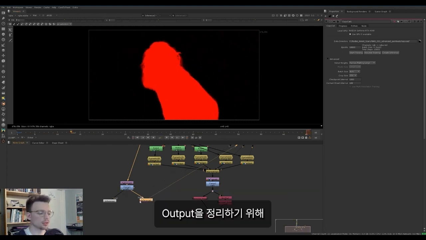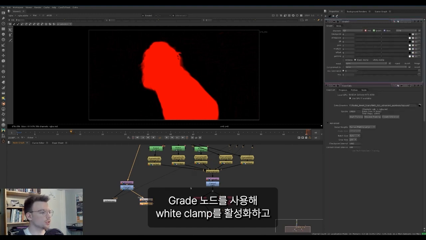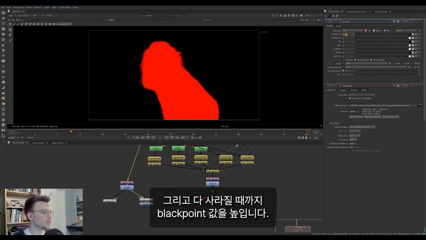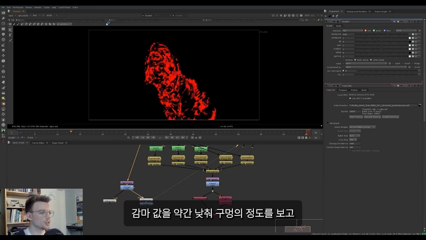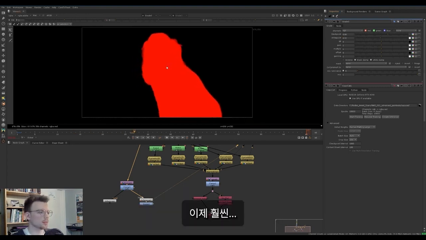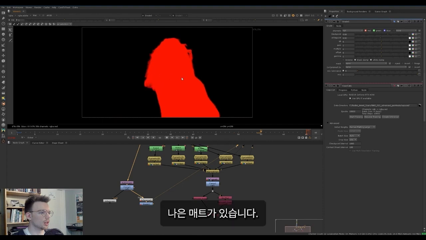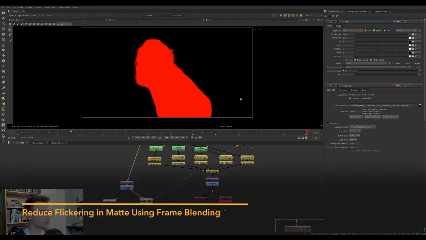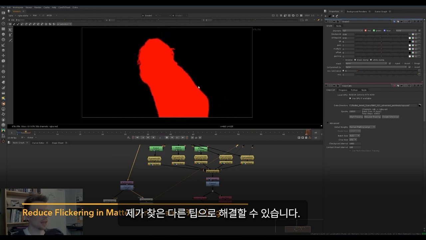Just to clean up our output, what we do have here, I'm going to use a grade node, turn on white clamp, and then we'll boost up our gamma so we can see all the garbage in the background, and just increase the black point until that all goes away. And then we'll decrease the gamma so we can see how there's a ton of holes, and just bring down the white point a little bit until that is no longer a problem. And now we've got a nicer matte. You can see there still is a lot of flickering, and we can take care of that using